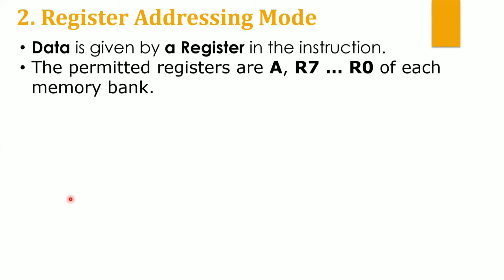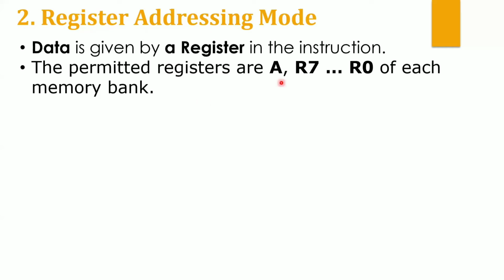Okay. Now, how many general purpose registers are there? Total 32. And they are divided into 4 banks: R0 to R7, R0 to R7, R0 to R7, and R0 to R7. That means technically we have 32 general purpose registers, but we use only 8 names to access them, because of the banking mechanism. And there is another register called A. I'm sure you know there is an A register and a B register. The A register and R0 to R7, all these registers can be used in the register addressing mode.